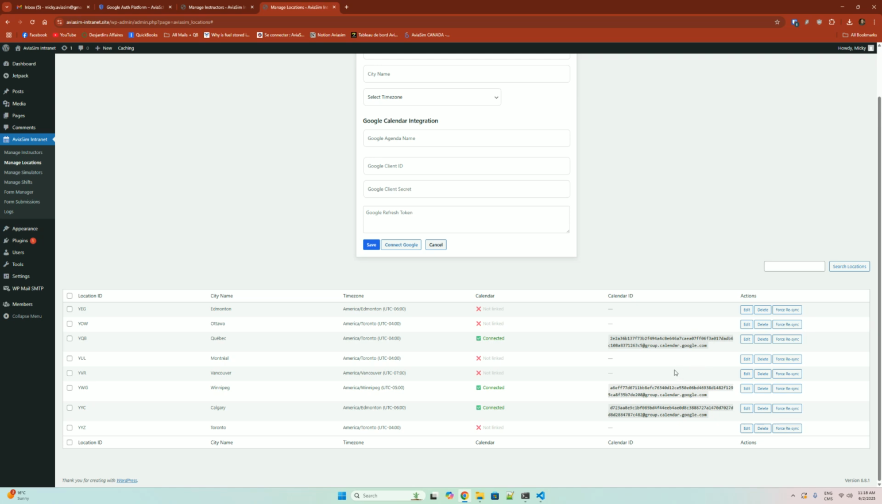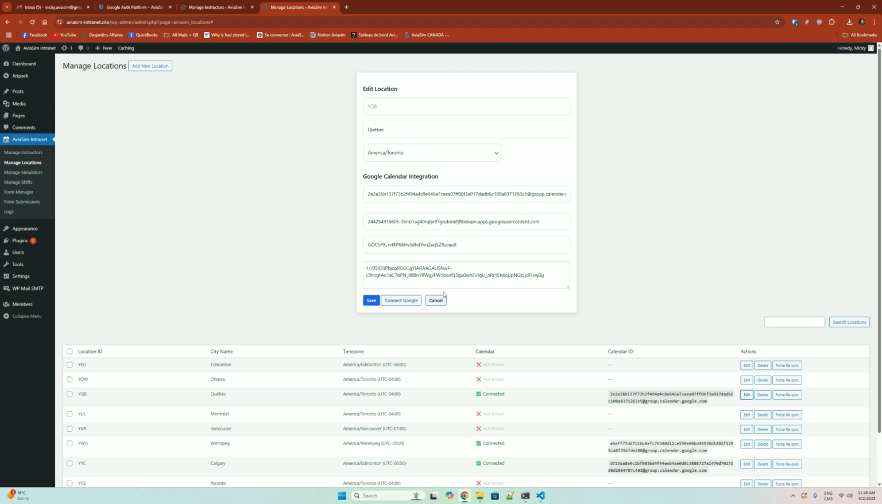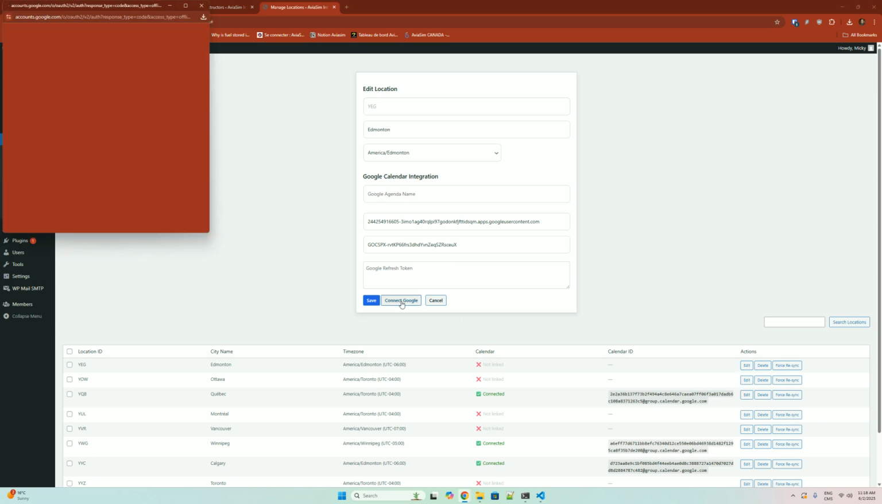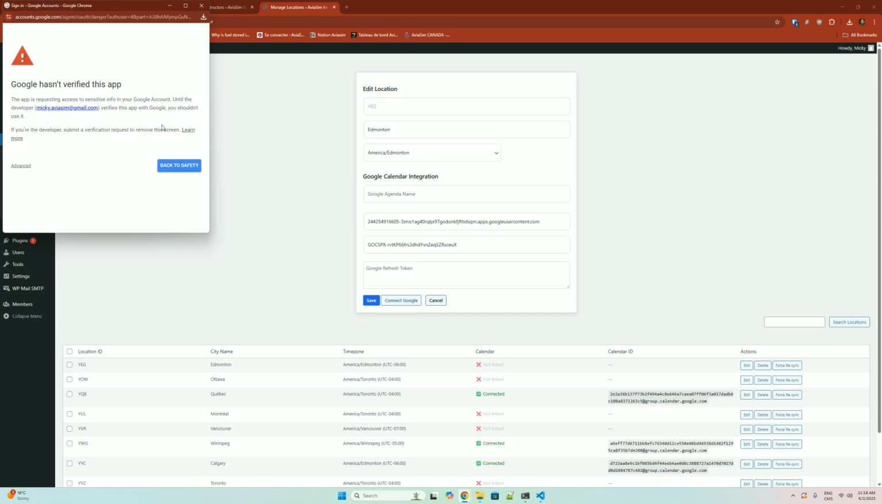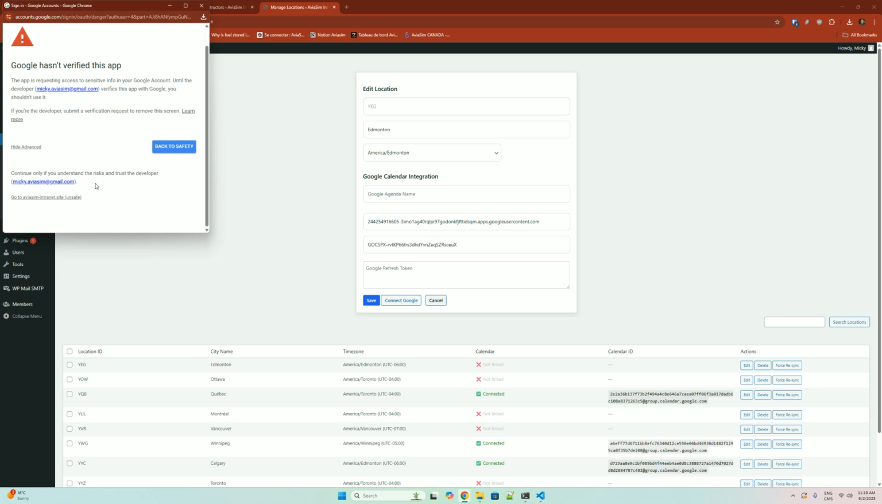How it works, for instance, let's take this one as an example. We would click edit. It's already pre-filled with all the information we need. If it wasn't, we would say connect to Google in here. So let me show you how it works. Connect to Google, then we would pick the account. I'm using my professional sub account in here. As of now, it's not verified, so I'm just